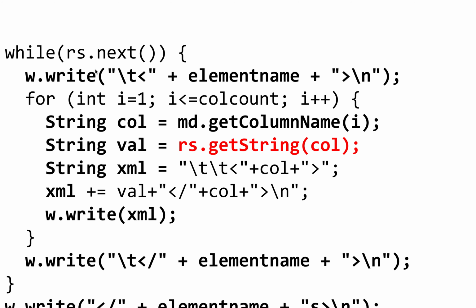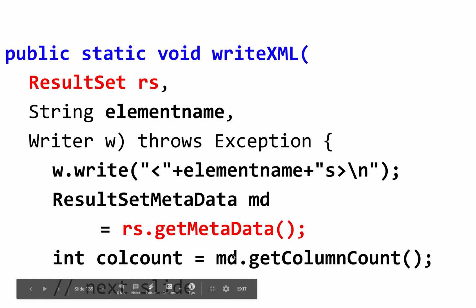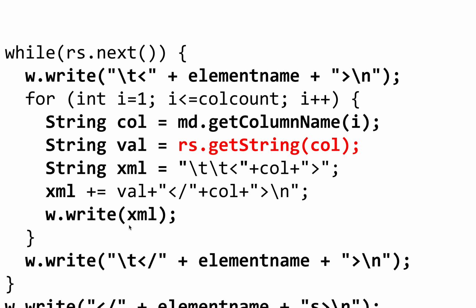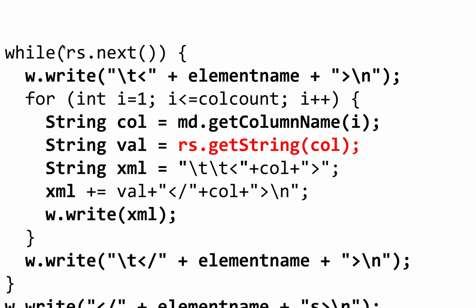As we iterate over the result set, this is the metadata, and we can know how many columns we have. And as we iterate over the result set, we're going to instantiate and add